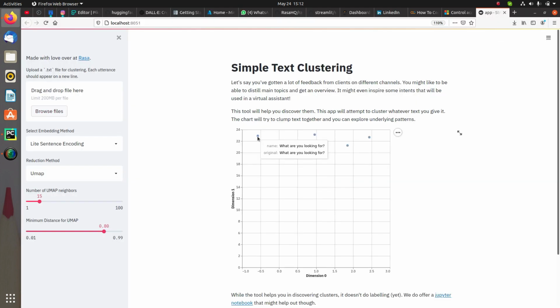Alright, now you can see we have the new data, and based on the data set we provided, we are getting a value for it. The name is like "I am bot powered by this," and the original one is this only. So in this way we have clustered the data, but currently the data is not quite similar, so that's the reason we have a gap in between, and it's not clustered properly. In the same way, over here you have some options you can check, and accordingly you can verify, like whether you want to select the embedding method as light sentence encoding or count vector SVD. So in this way you can use it.